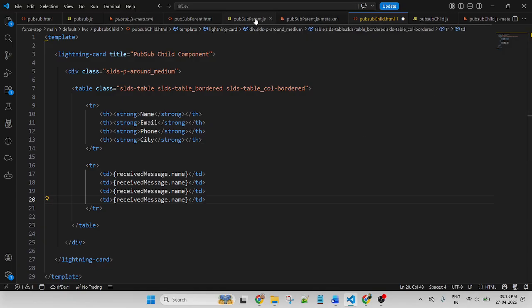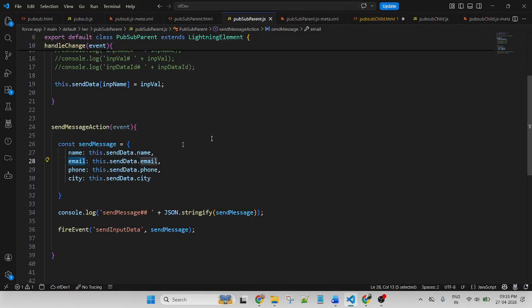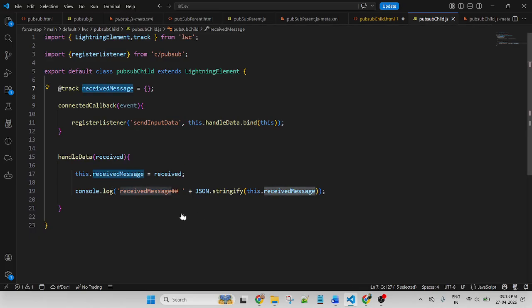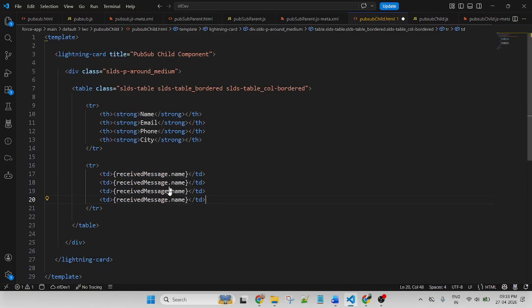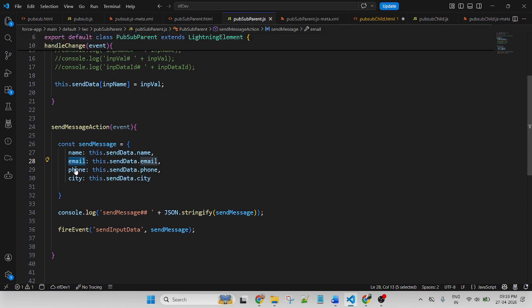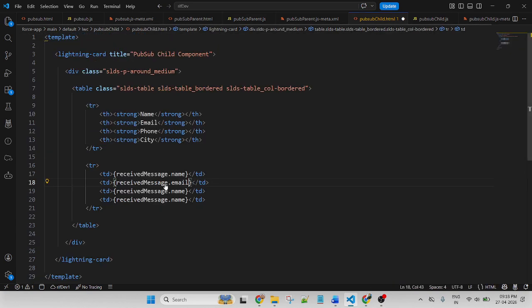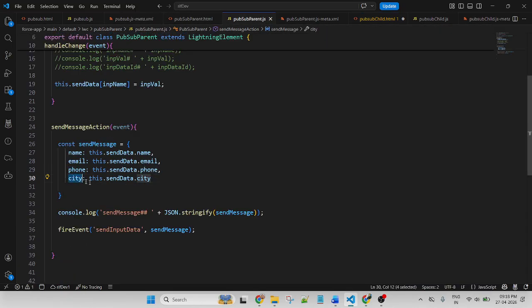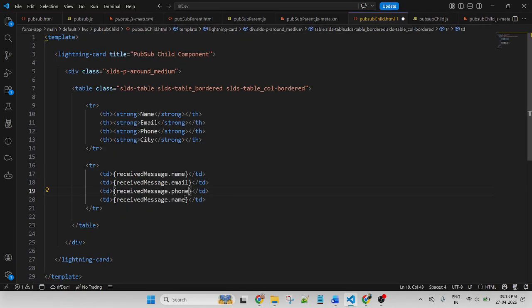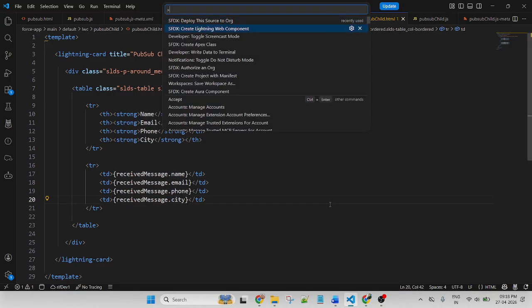Similarly, name, email, phone, and city. This data I am passing. Then save and deploy.